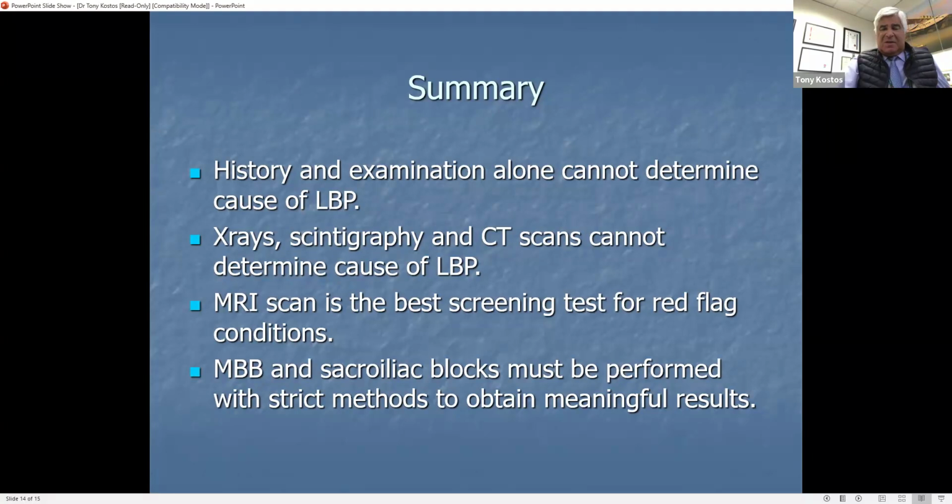So this is what happens. And then after a while, when the surgeon is starting to duck for cover, he sends the patients off to the pain clinics and says, my surgery's been successful. Sorry, I can't help you anymore.